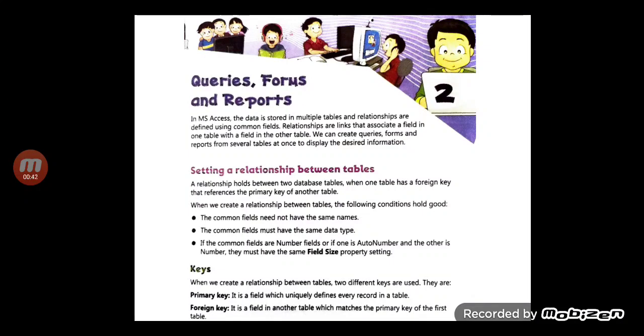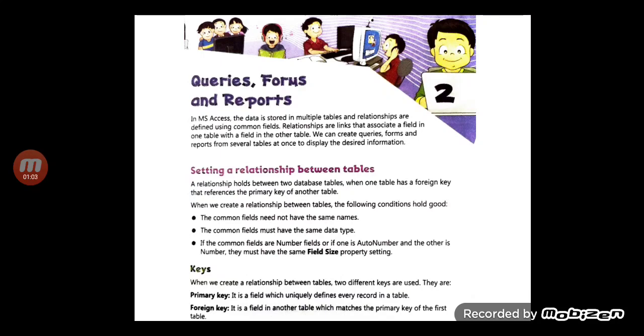MS Access is a relational database management system, that is RDBMS, right? A table in a database represents an organized and stored collection of data in the form of rows and columns, right? The columns are called fields and the rows are called records.